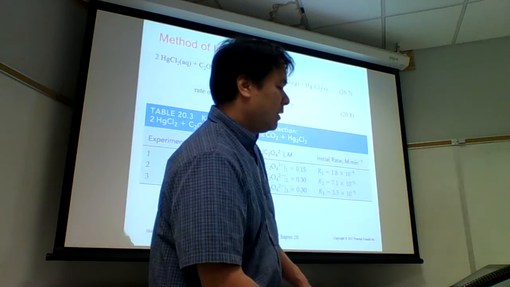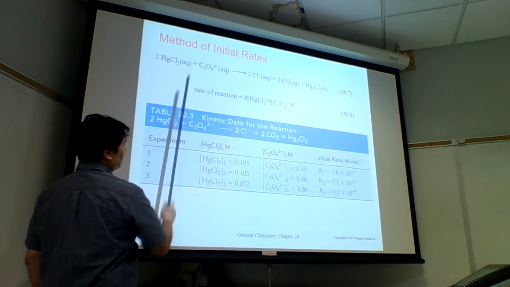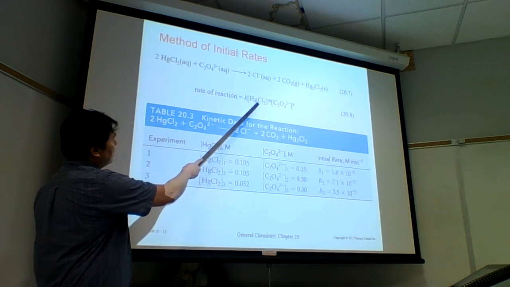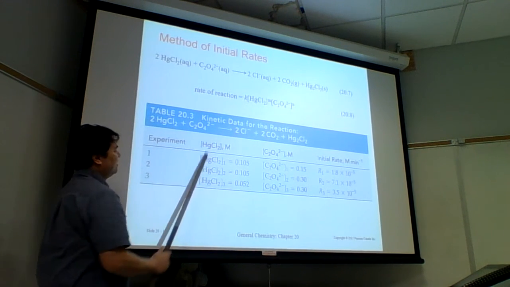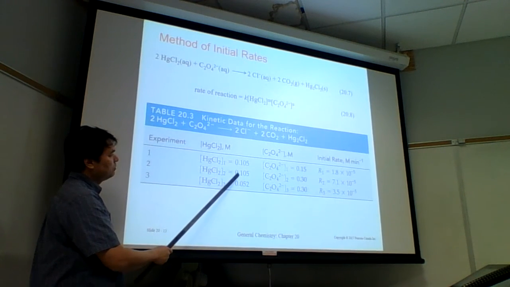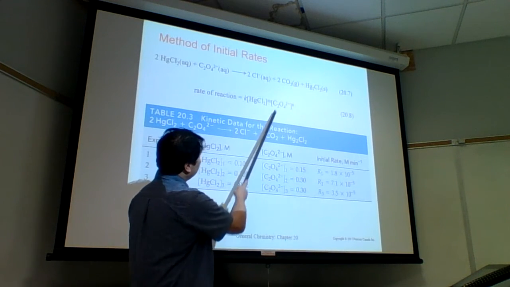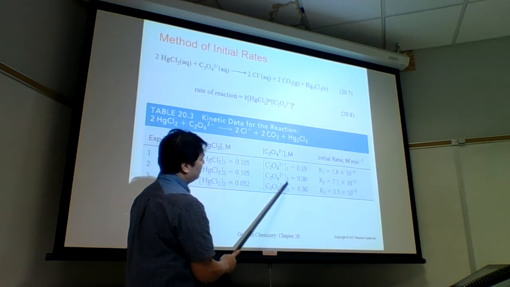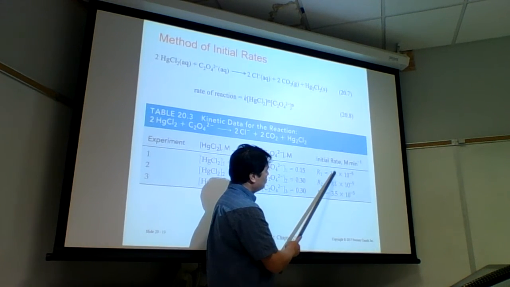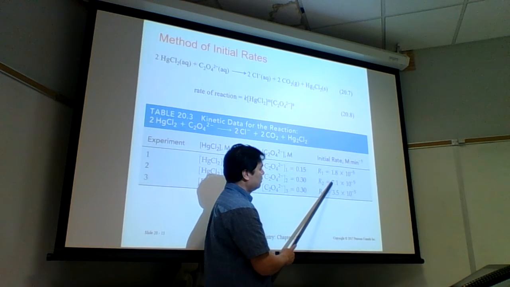How do we get the rate law? The easiest way to get the rate law is the method of initial rates, which I already talked about the other day. If we want to figure out m and n, we hold one constant, like the mercury, held constant at 0.105, and then we double the oxalate. If we double the oxalate here, what happens to the rate? Take a look. Did the rate stay the same? No. Did the rate double? No. What happened to the rate? The rate actually